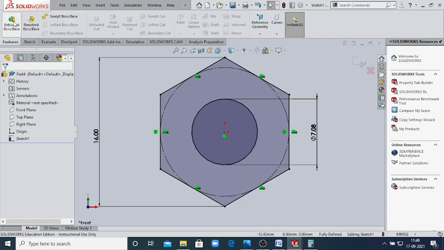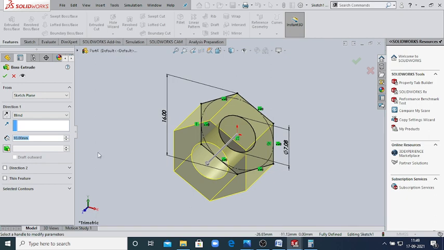Then select features, then extrude this. The extrude dimension is D, the diameter is 8 mm, then okay.